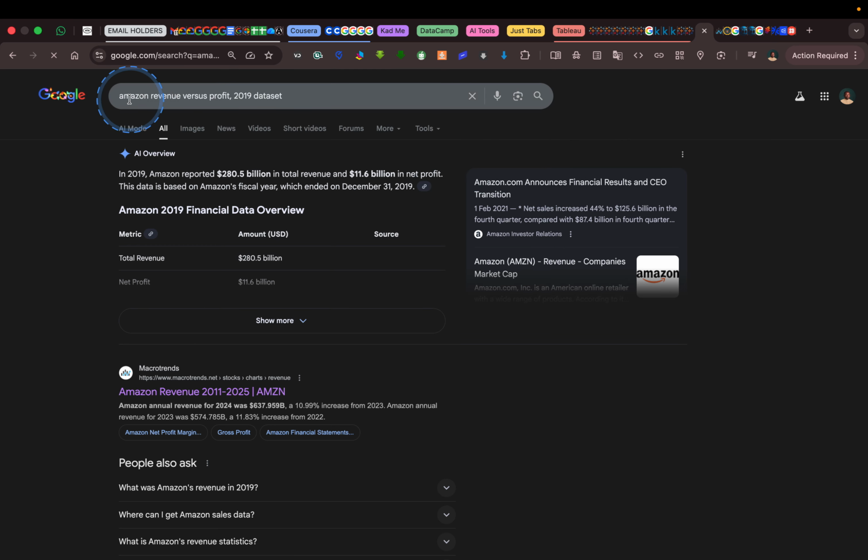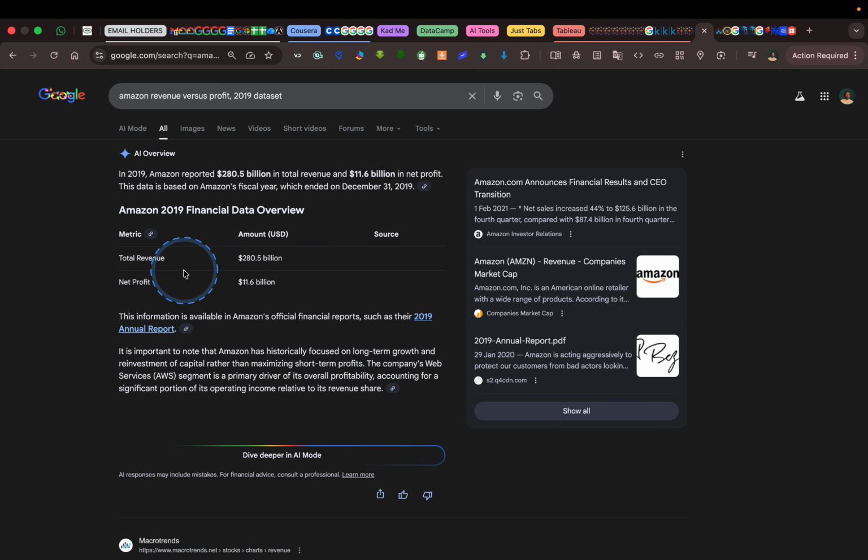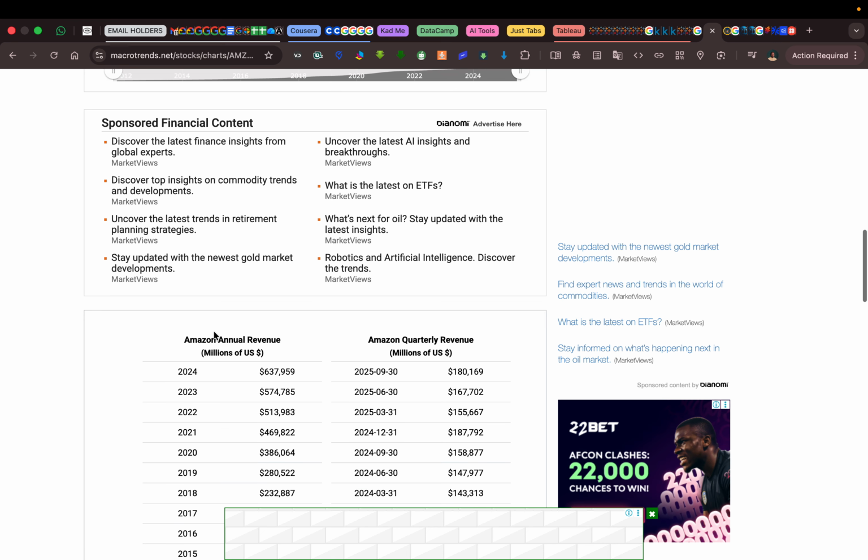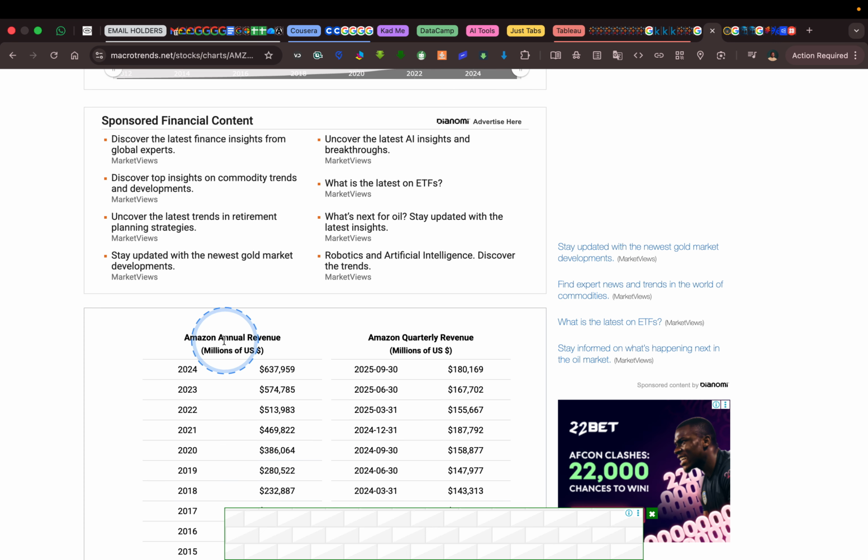So here I searched for Amazon revenue versus profit 2019 data set, and the search results tell me I can get it from their 2019 annual report, or from another website. So I came to Macrotrends and the data is there. That's Amazon annual revenue